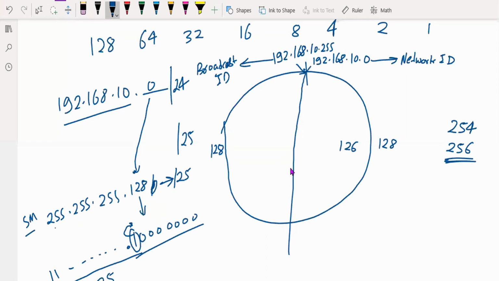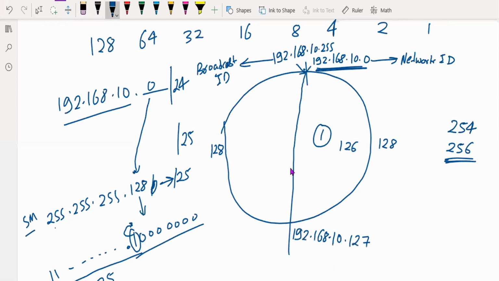This will be my network ID for the first half, and my broadcast ID will become 192.168.10.127.